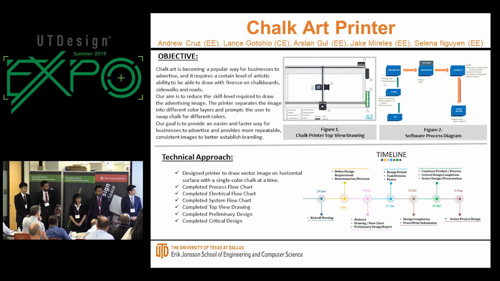So you can see right here is a prototype or image of what we expect a chalk art printer to look like. The main pieces that it holds are our control board, which will be an Arduino Uno. We'll have a shield attached to it that controls the motors, the stepper motors, and then the aluminum frame and a battery pack. It should be lightweight and battery operated, so it can be moved from location to location